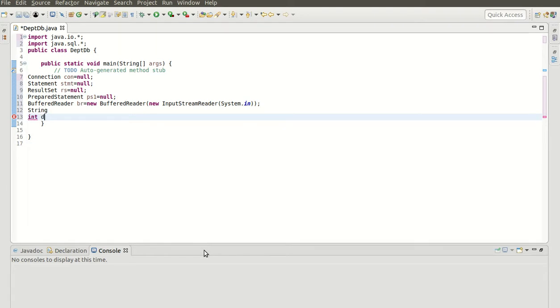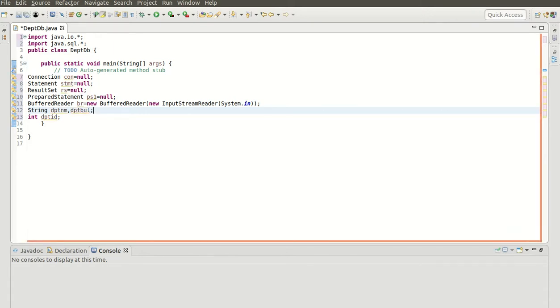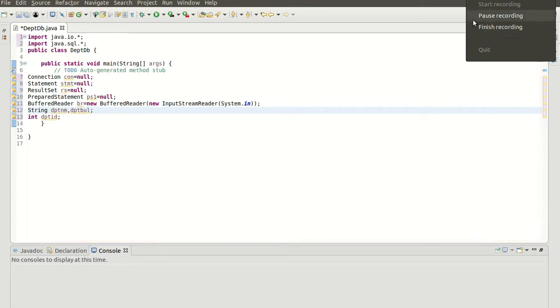Okay, so I'll write here dpt id. This is one variable, dpt id, another is the dpt name, and another is the department building, so dpt bul. Okay, these are some of the variables that I have created.